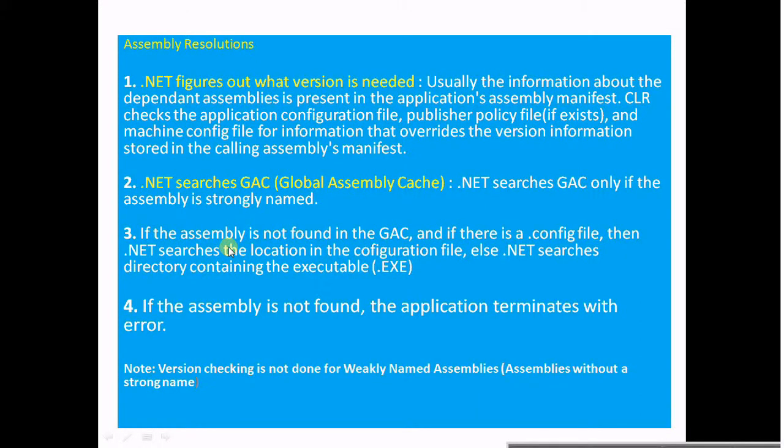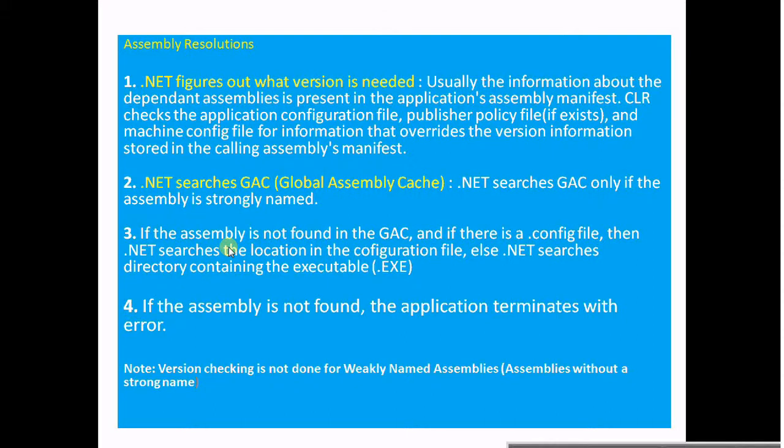The third step: if the assembly is not found in the GAC and there is a config file, the configuration file gives the locations where the assembly is located, and the .NET Framework fetches the assembly to use from there. Unfortunately, we don't have any configuration file in our application, so this also fails to find the assembly.